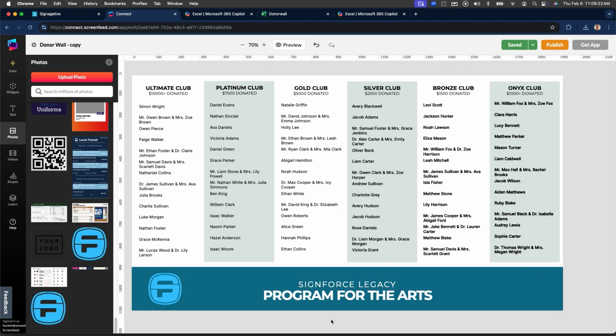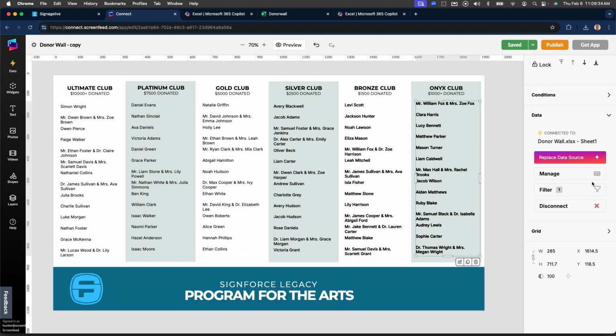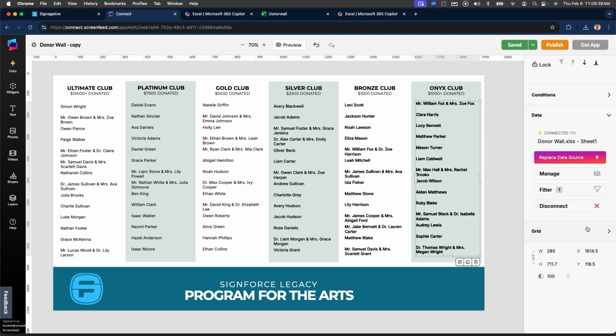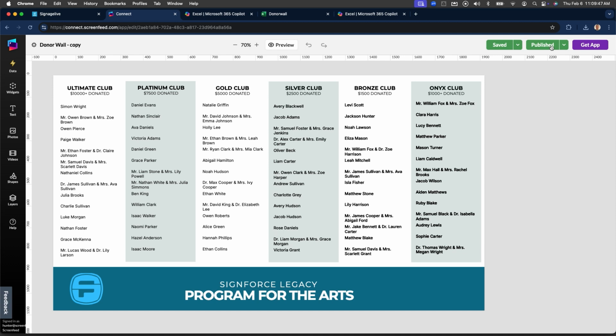Here we go. So now that I have that configured, I've put in my data, I've updated my club information, I've set my filters for each one of these, and I can go here and say whether or not I want that data to animate or not. I can say publish. Now, if you do not have a paid version of Connect, this is where it will ask you to pay for Connect when you hit publish.